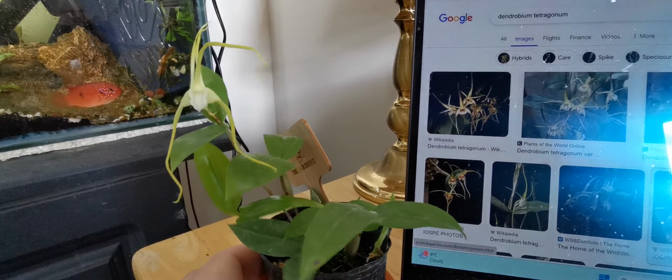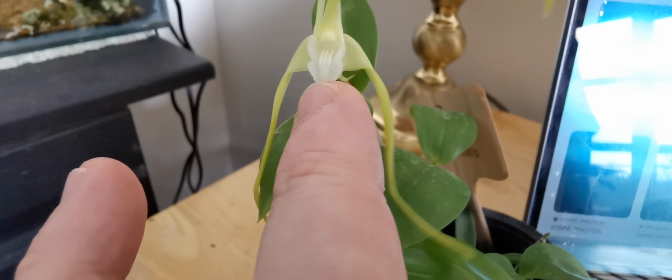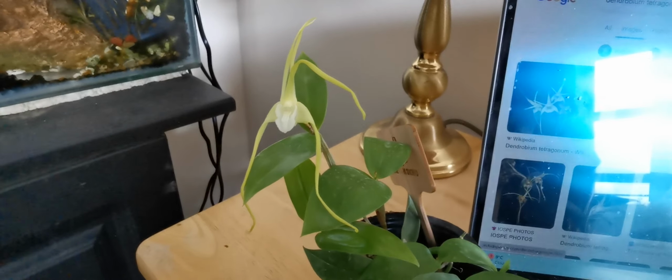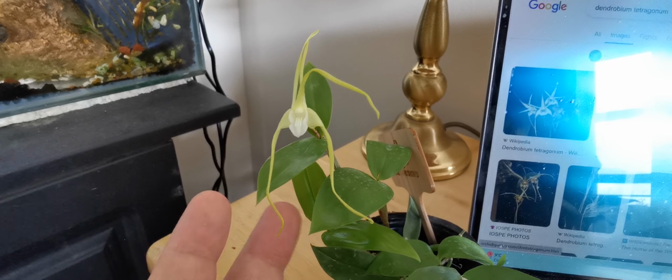The flowers, in addition to this beautiful shape, are quite remarkable because the lip also has this kind of crest as well. That is really cute. I think it's a very nice detail. You can see why the common name of Dendrobium tetragonum is tree spider orchid, because this is an epiphytic orchid, so it usually grows upon trees or other plants, and